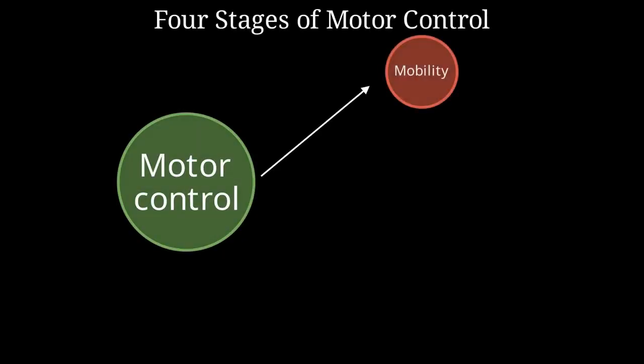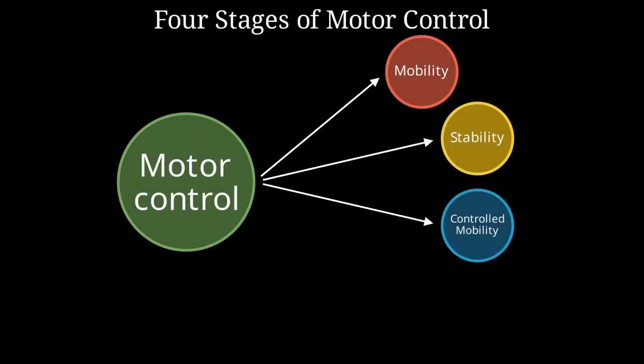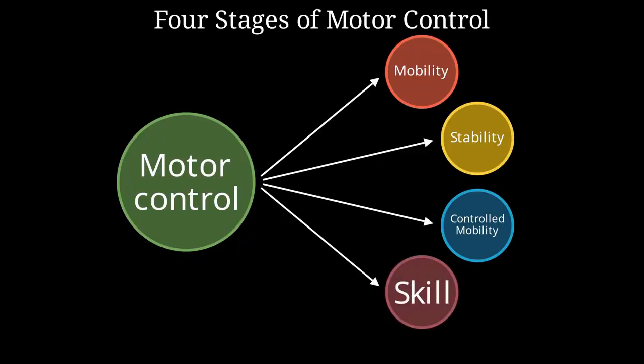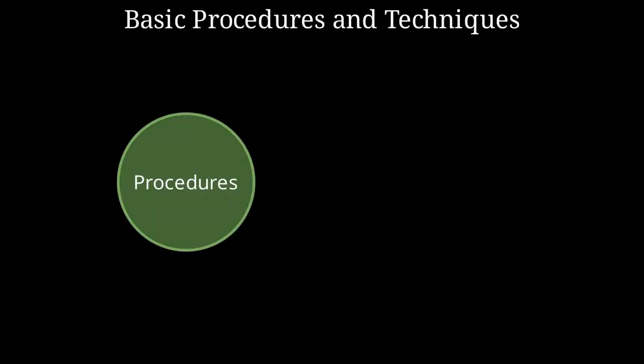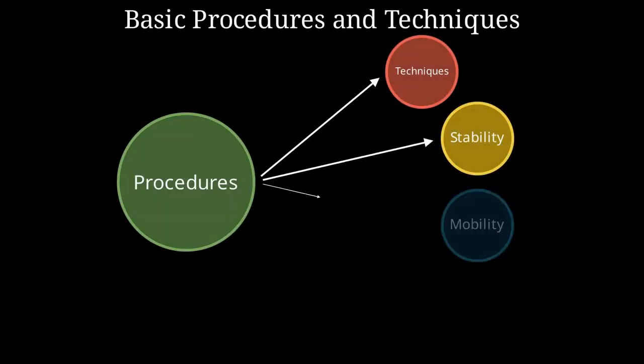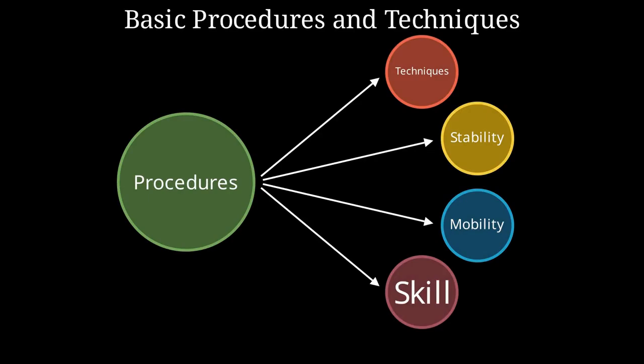Motor control in mat activities progresses through 4 stages: mobility, ability to assume a posture and initiate movement; stability, maintaining a static position and controlling gravity; controlled mobility, moving within a stable position; and skill, manipulating the environment with dynamic proximal stability. Therapists use basic procedures such as approximation, traction, stretch, correct grips, resistance, and clear commands to enhance patient